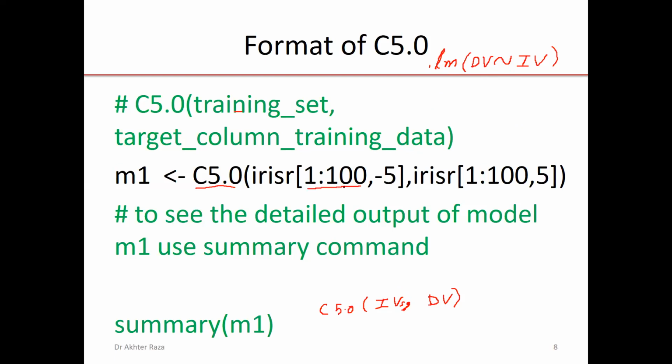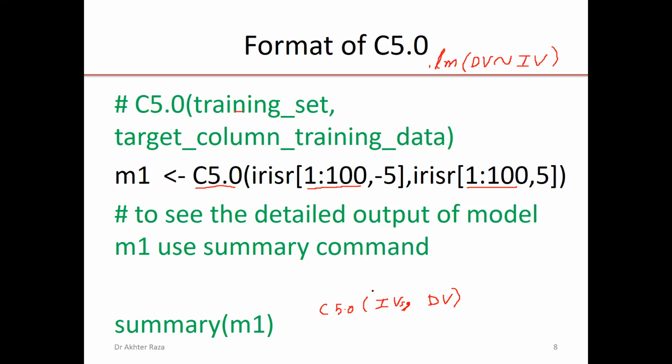Only the first 100 rows are used. The remaining 50 rows are not used because they are assumed to be the testing data set. So in the training data set, we have only 100 rows and the remaining 50 rows are for testing. Because we have already shuffled the data, rows 1 to 100 have a mixed order of all of the values of the class variable. So we have mixed data.